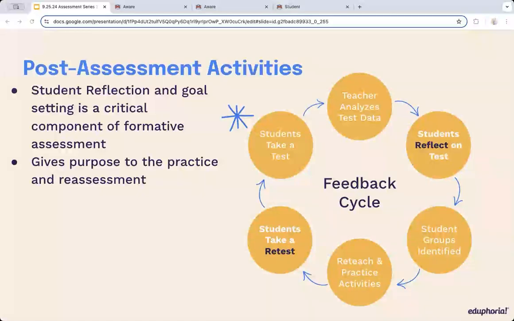When we reflect about a goal, there's no benchmark set to decide if the goal is achieved without the goal actually being set and recorded in some way. Without goals, reflection falls flat. And in simply identifying what went well and what didn't go well and not having a goal, it doesn't set the stage for a plan of action. So remember, incorporate those goals to have a plan of action for those students.